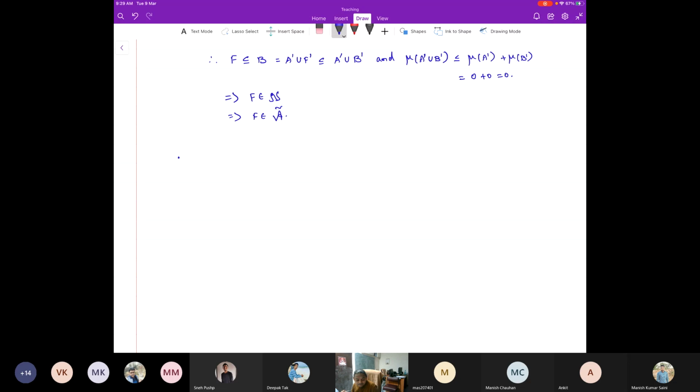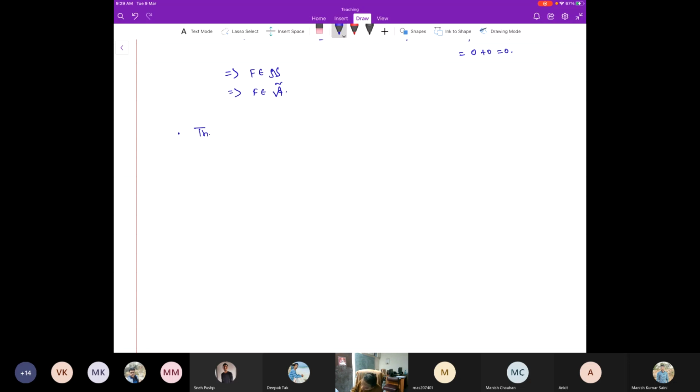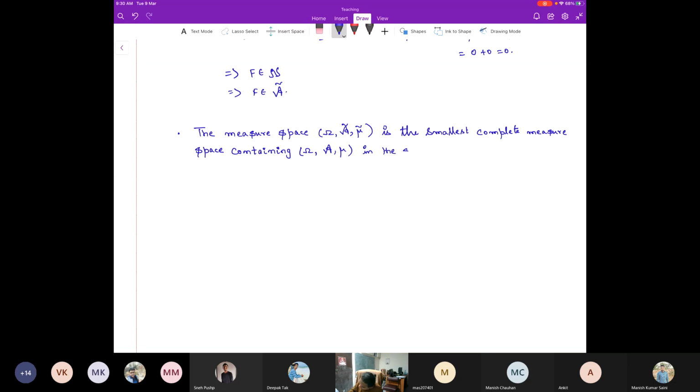Yes, so the measure space omega, A tilde, mu tilde is the smallest complete measure space, in the sense, well, smallest measure space containing, this is very important, omega, A, mu. Mu in the sense that if